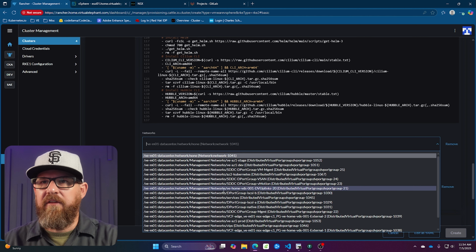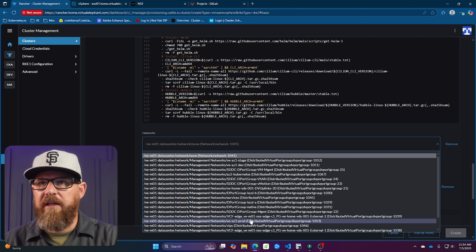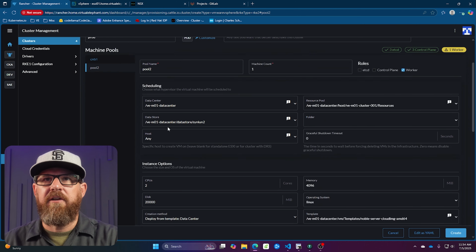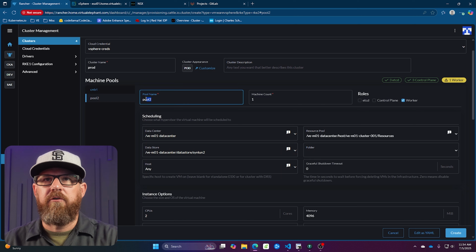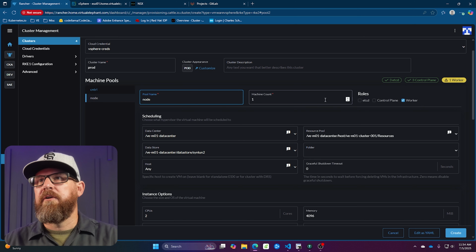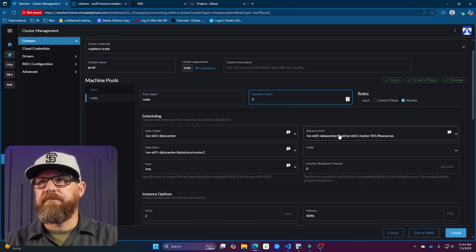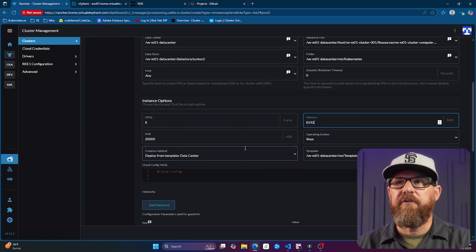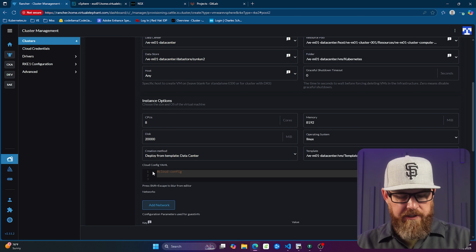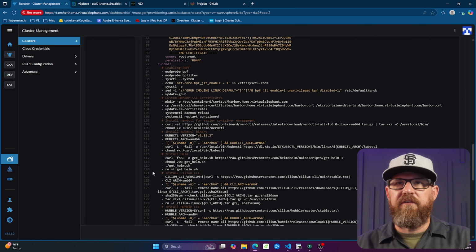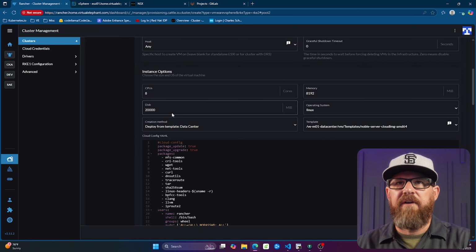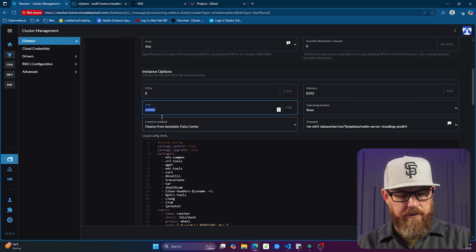We'll quickly select the network, which is going to be VZ1AZ prod. And now we'll go ahead and click on the plus sign real quick to create the workers. I'm going to create 3 of these, 8 vCPUs and 8192 because I have all 3 clusters matching. I'm using the same Noble server cloud image that I was using before, so all of my clusters have the same thing. We'll copy in this cloud config file,